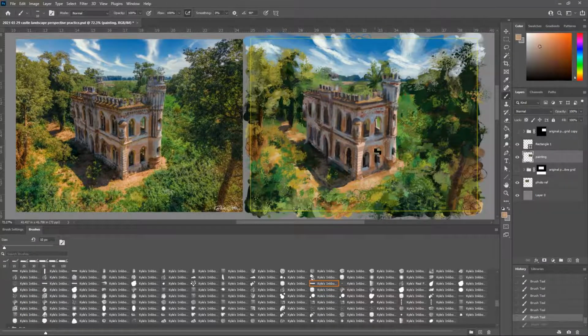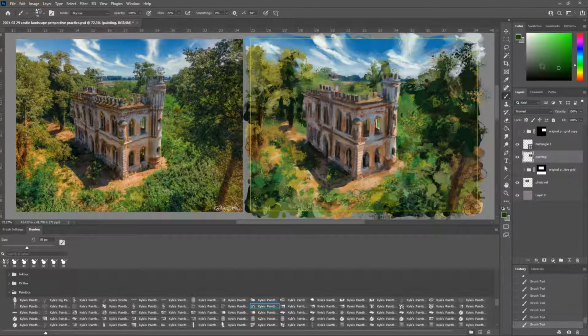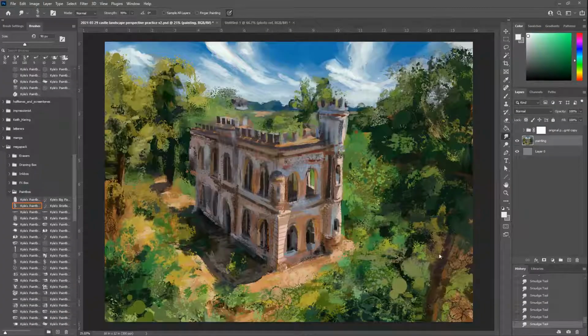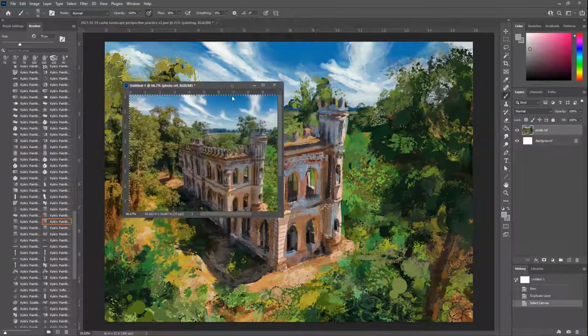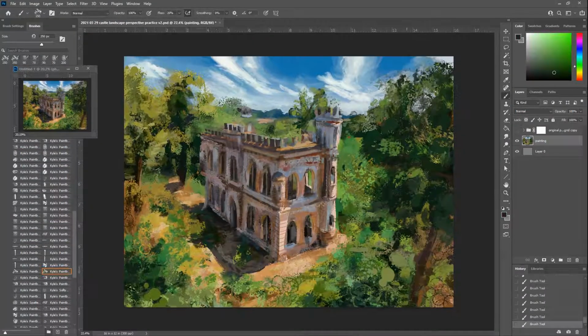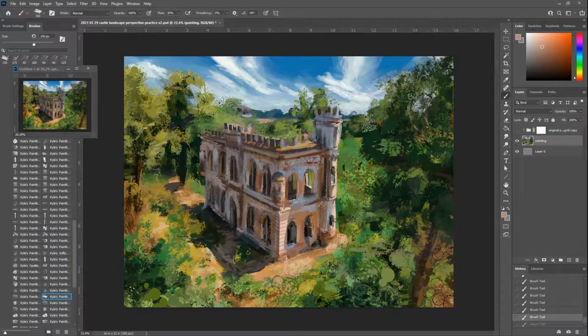For the future, I'm going to do more photo studies like this, because I'm finding that I'm really inspired by environment concept artists. Maybe I'll drop some in the description of this video that I've recently found that I really like their concept art. And what I like about images like this is that they transport the viewer into another world full of color and life, and that's something that I really want to bring into the rest of my art.